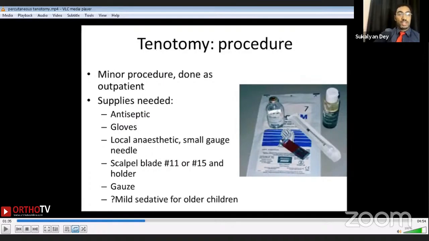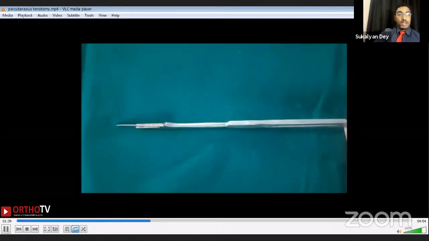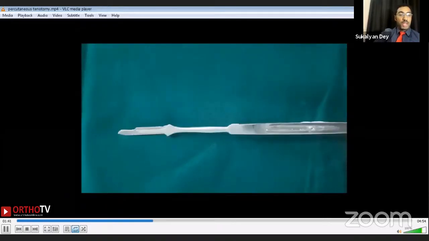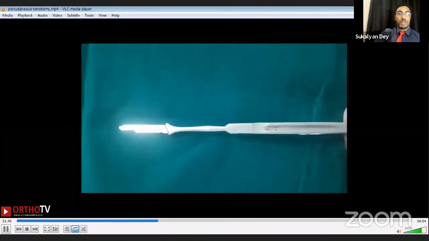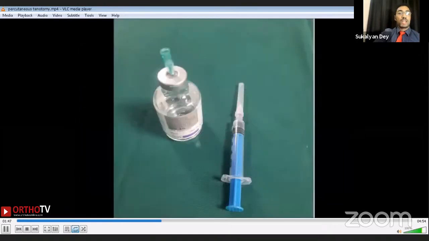This is the inventory that is required in order to perform tenotomy. An important tip is to take a round scalpel holder to ease the twisting of the scalpel to 90 degrees while performing a tenotomy. As for local anesthesia, 2% plain lignocaine without adrenaline, and only a small amount would be required, not more than 0.5 ml. Because we don't want to obscure the feel of the tendon with too much of the subcutaneous wheal produced by